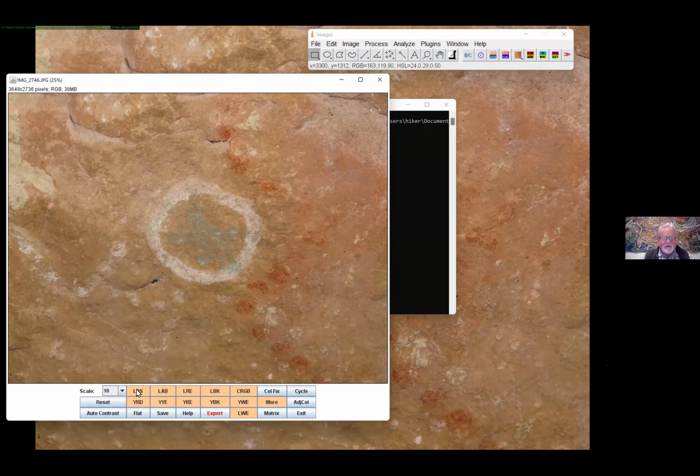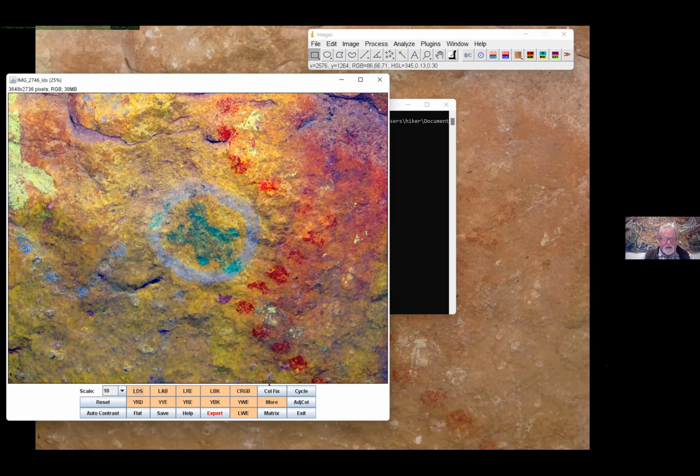I think LDS will do a good job of letting us see the pigment. I actually created some enhancements that were trying to do the same thing with green pigment that DStretch, that YYE does with yellow pigment, and make it darker and easier to see. If I go into more, here's a